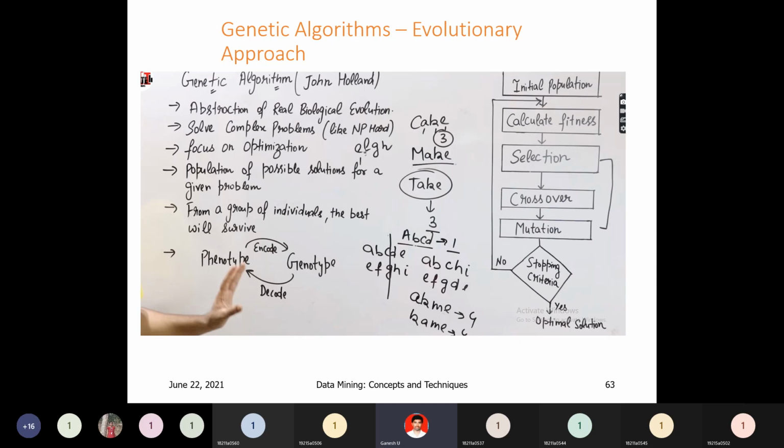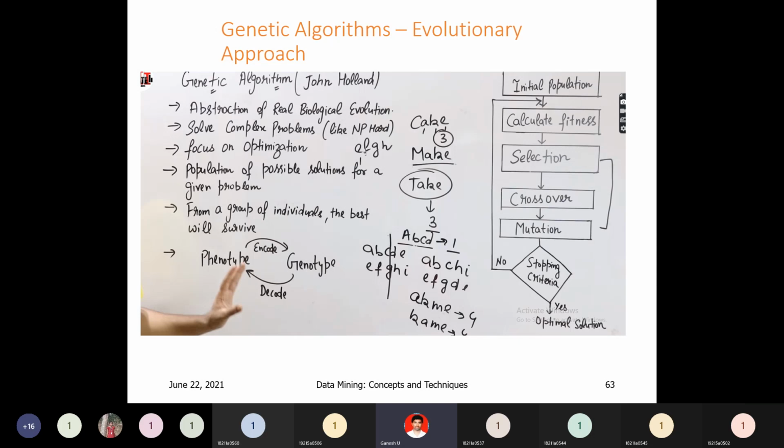Okay, it came from that basic biological evolution, but we will use this genetic algorithm for all items. In real-time cases, for a number of cases, you will use this and solve complex problems. For complex problem solving, this genetic algorithm is very useful, for example NP-hard problems. Different problems are there in computer science. Any complex problem, we can easily get an accurate result using this genetic algorithm.